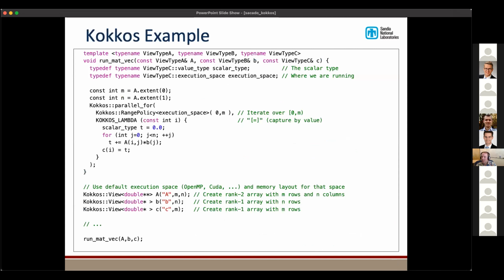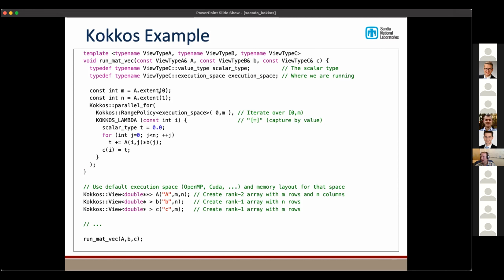So this is a very simple example of using Kokkos that I'll use to describe how we differentiate it with Sacado. This is just computing a dense matrix vector product. So we have a 2D Kokkos array here. The multi-dimensional array data structure in Kokkos is called a view. You specify the number of dimensions through the number of pointers in the data type. So this is a 2D array of doubles of size m by n, and then somewhere in other code you'd fill A, and then b is a vector